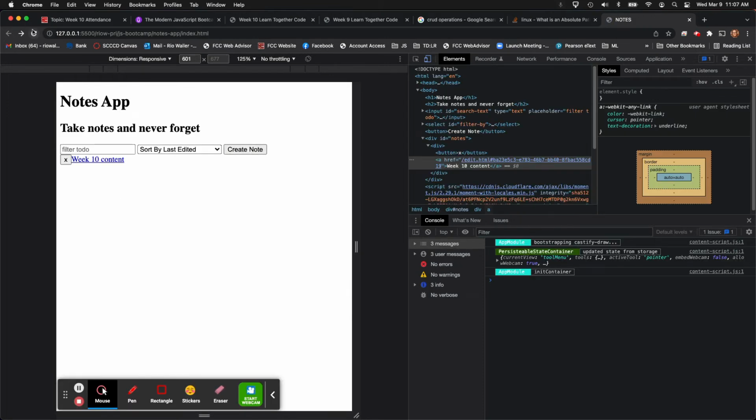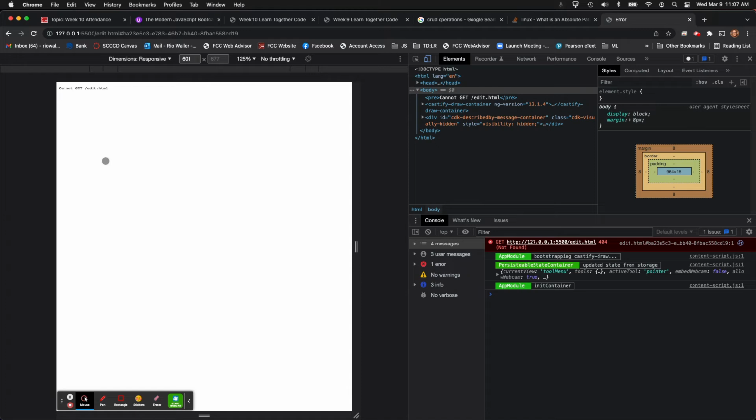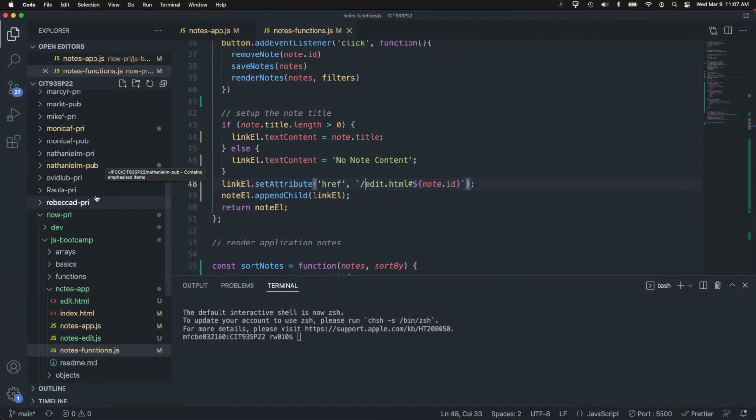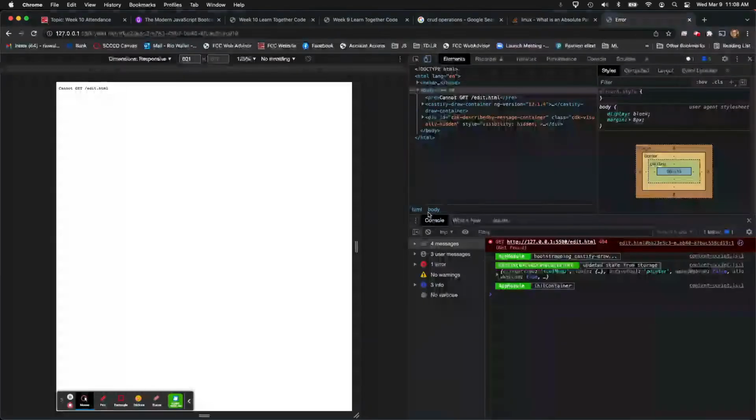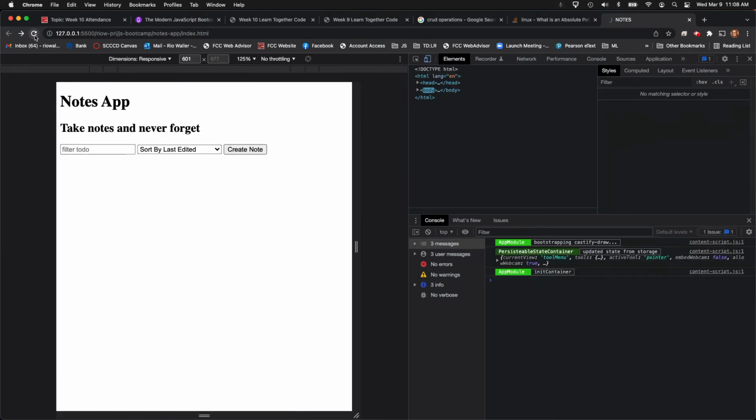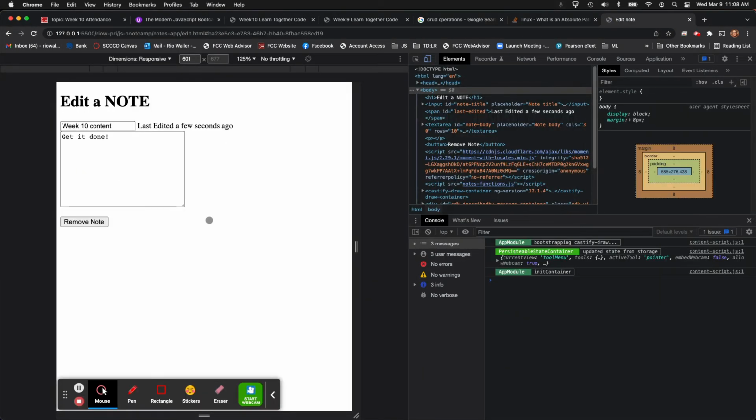I'm just going to refresh real quick. And when I click on it, it will break it. It will say "cannot get /index," because that absolute path, for me, does not have the edit because of these directory structures. So just know, right? Note to self, whenever you're writing these hrefs, and I put a note in the code along, but I just want to show you as well that concept, that it will break it unless you don't include the /